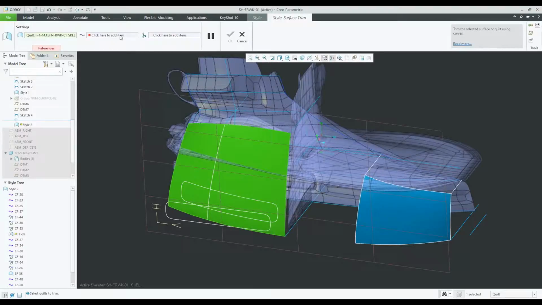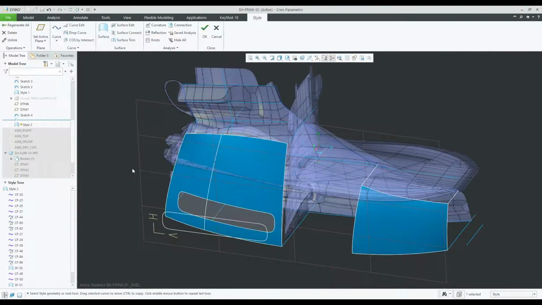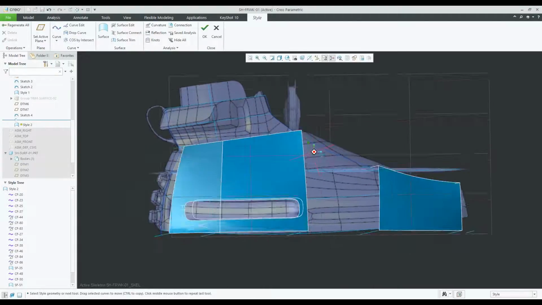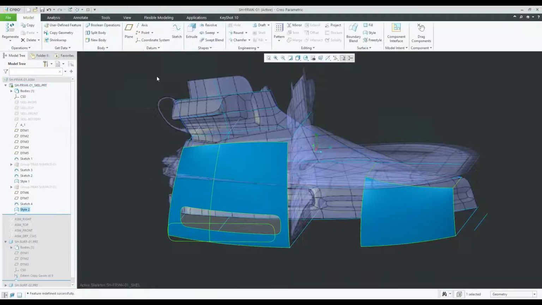And I'll select my surface, and I'll choose which curve to use to create our trim. Oh, not that one. I want to use that one and this one. And then now we'll select a surface to remove. Let's choose that surface and remove that. Okay, so now we have that cut created. Let's go to OK. And then here's where we're going to start to kind of combine the ISDX surfacing tools